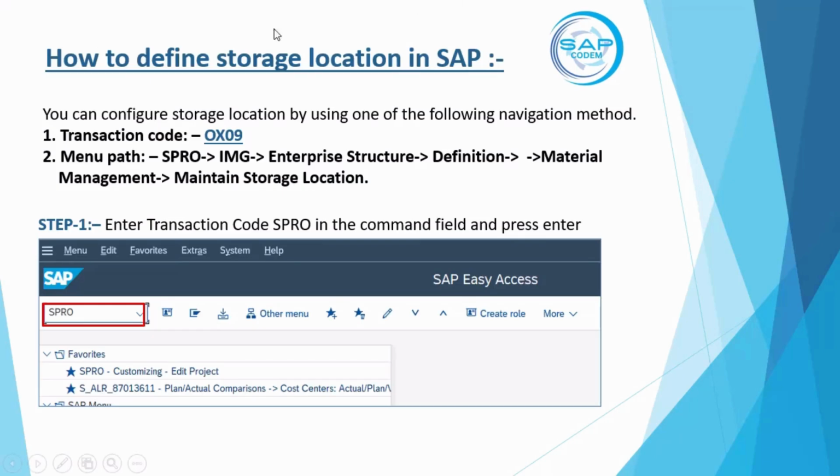Here, both SPRO and the short code. Just let me remind you, OX09 is not working. You have to use OX09 2. Remember, OX09 2 is working. OX09 is not working. Okay, and this is the path. As we are following the path pattern, we'll move on following the same